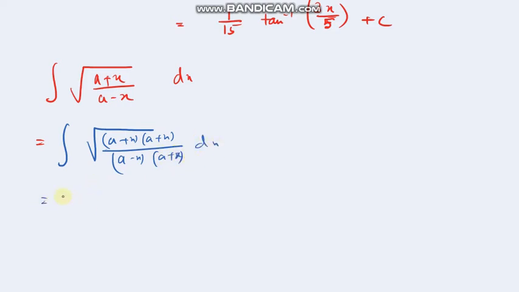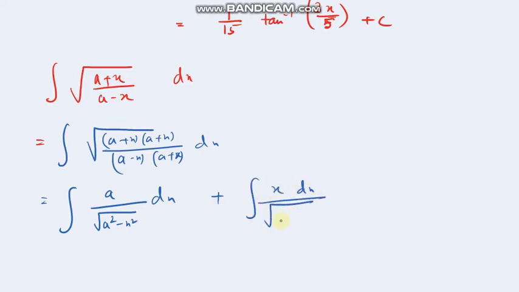So if I just apply the formula and separate the terms, the first term I'm writing is a divided by root over of a square minus x square dx, and for the second, this will be root over of a plus x whole square, so only a plus x. So the second term will be x dx divided by root over of a square minus x square. For the first term, a is constant, so it will be 1 divided by root over of a square minus x square. You know the formula. By the time maybe you can learn the formula. The formula is sin inverse x divided by a plus c.